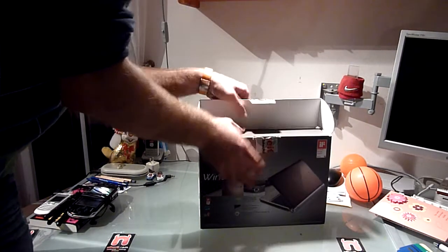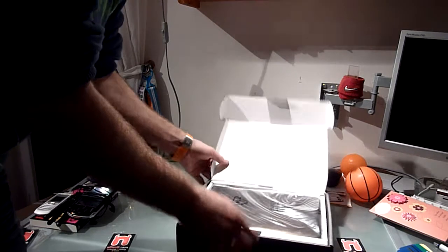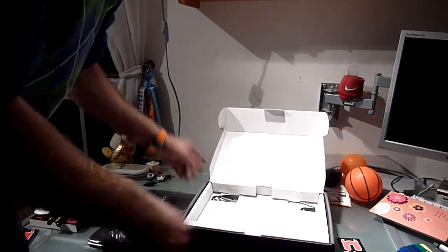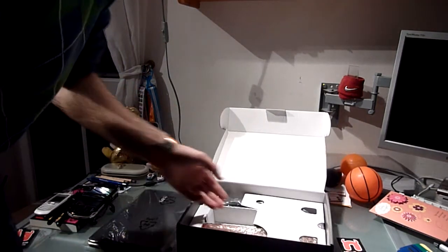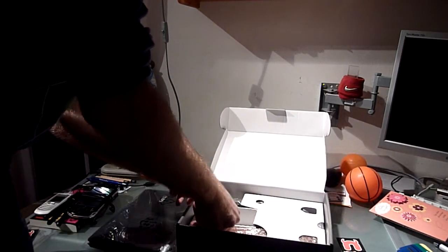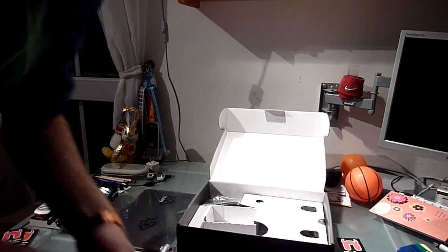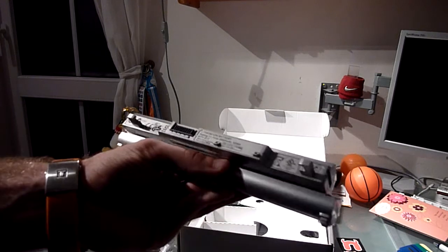So let's take a look inside. And there we have the device itself. Look at that later. First, let's see what's in the box. And let's start off with the battery. As I already mentioned, it's huge, but that's a good thing because you can carry it around easier, and it